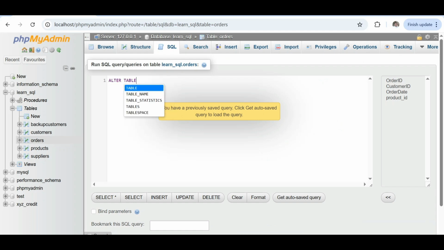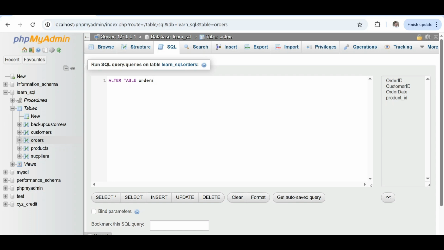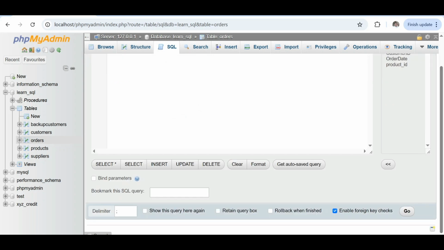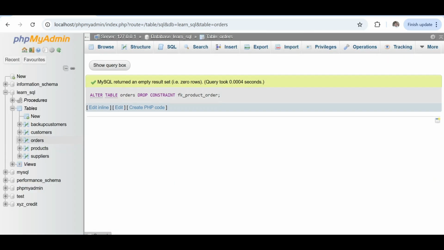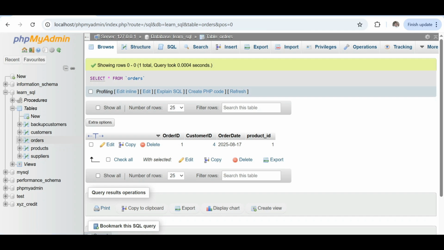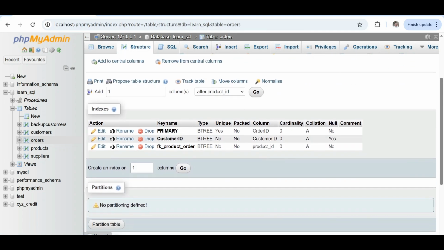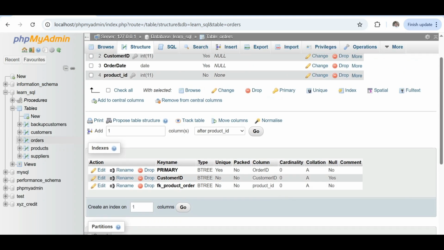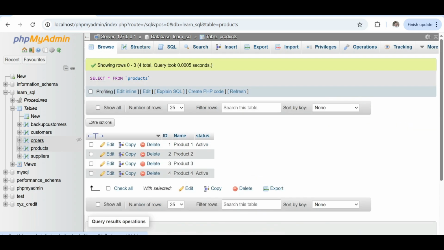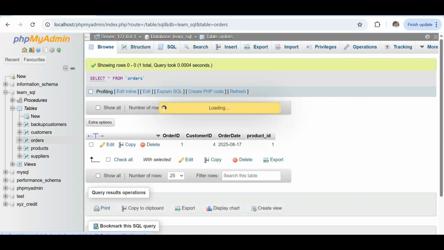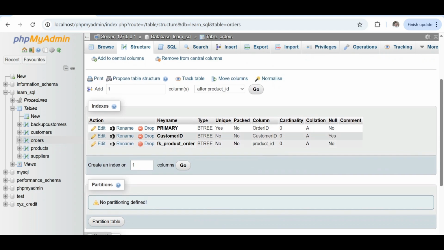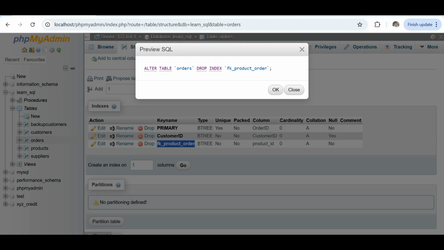Alter table orders, drop constraint fk product order. Go, and it's successful. Now the foreign key is removed. Okay, sorry.